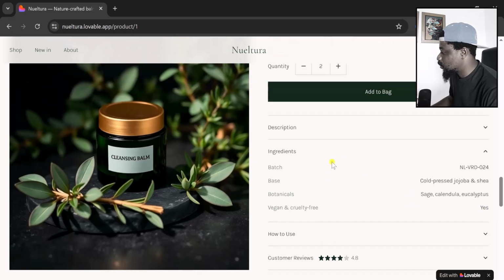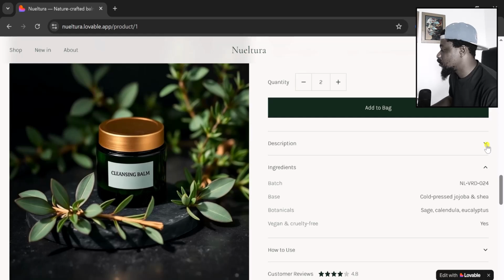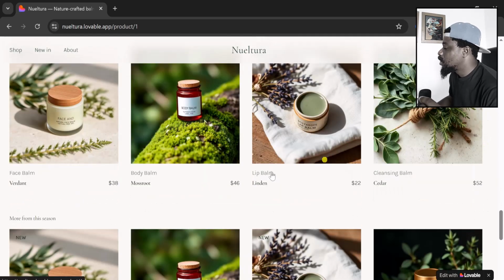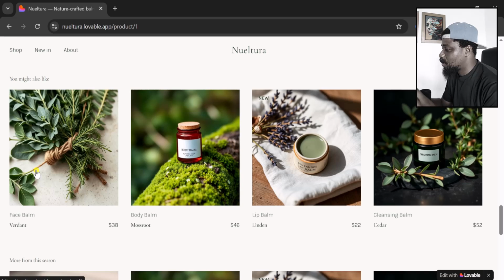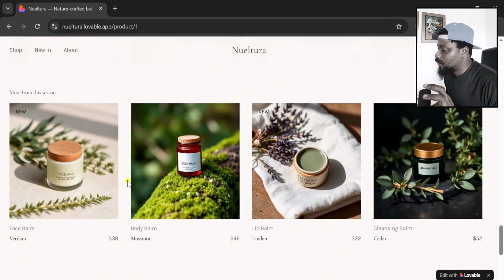So they can also see the ingredients here. They can also see more descriptions here. Down here, they can also see all the other products that they might also like and that they can buy together with the one that they are trying to buy. And again, I did all this with a single prompt. And I want to show you how to do it, how to build a full e-commerce website using just a single prompt and